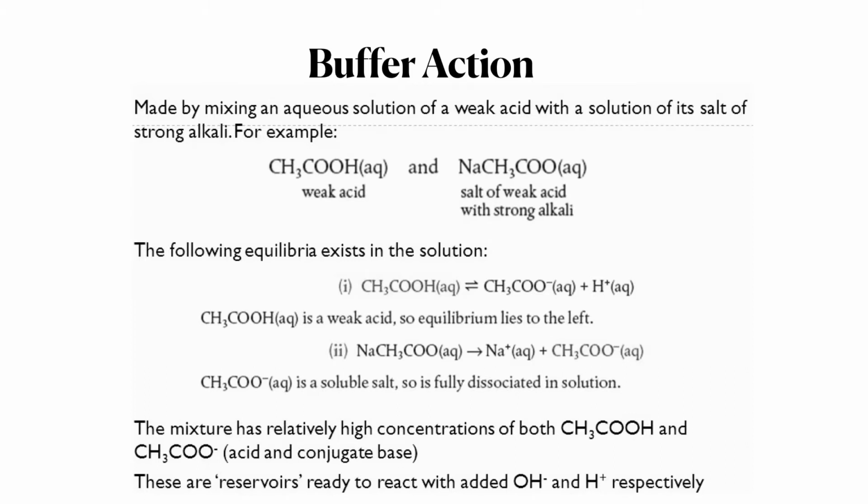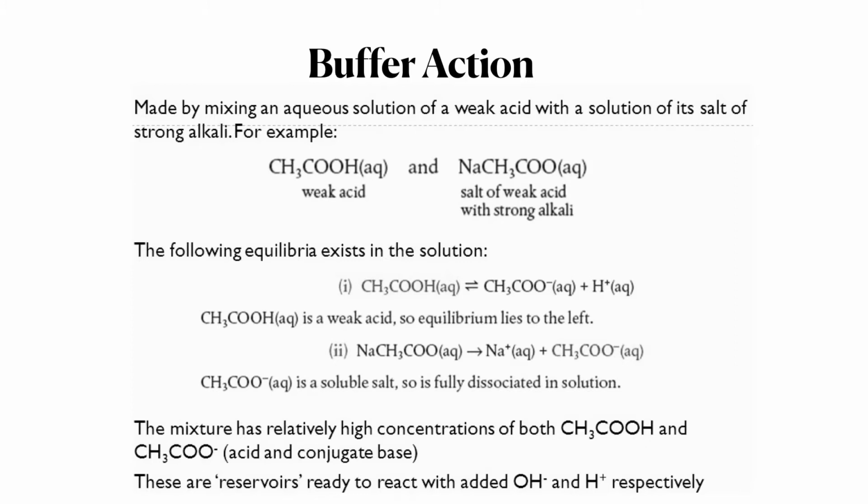Now suppose a strong acid is added to the solution. What will happen? The acid will dissociate completely into H plus and Cl minus. Once H plus is added, the solution will become acidic in nature, but we want to maintain the pH. That means an acidic buffer is there. What will the acidic buffer do? The acidic buffer will neutralize the H plus ions which are created. Now how will it neutralize?